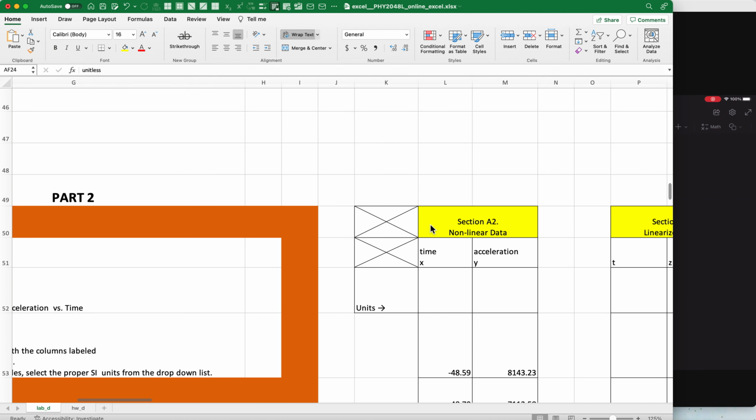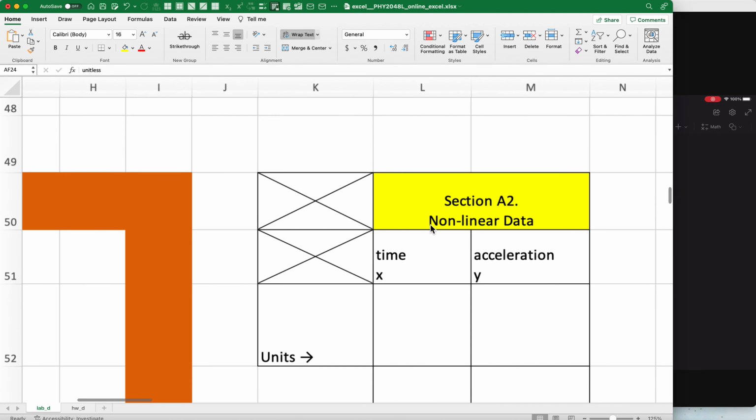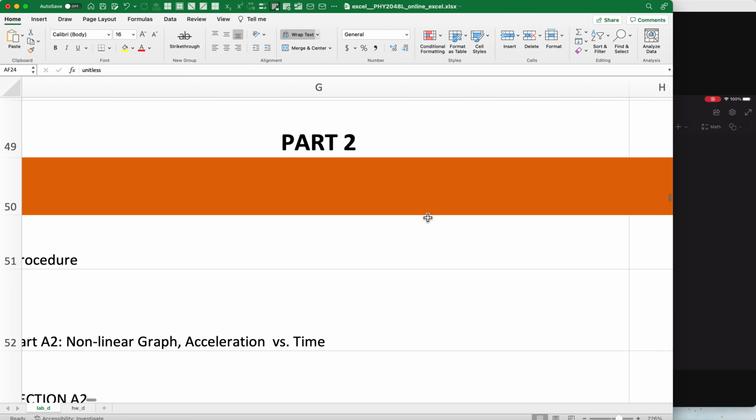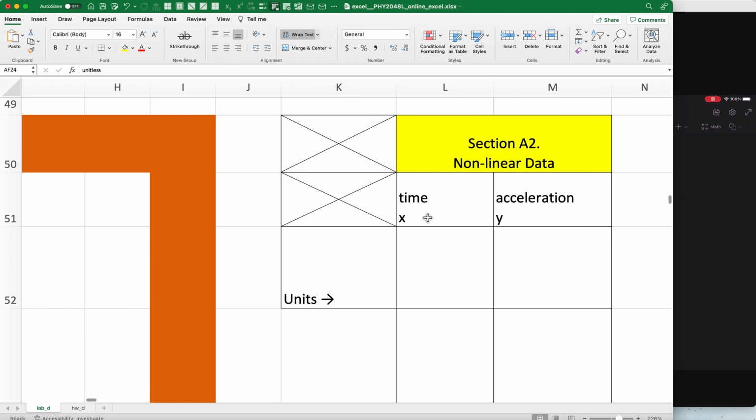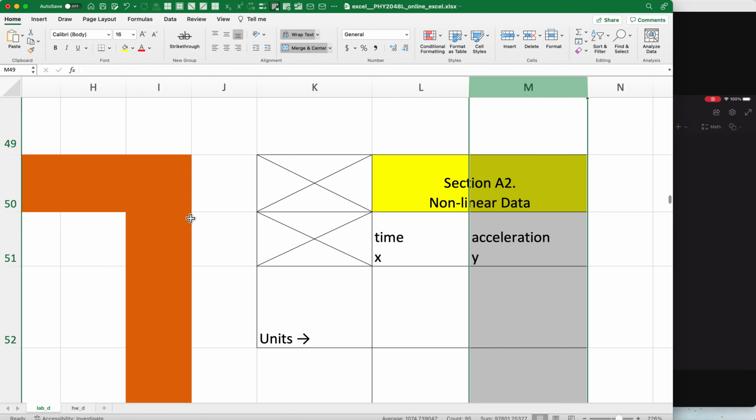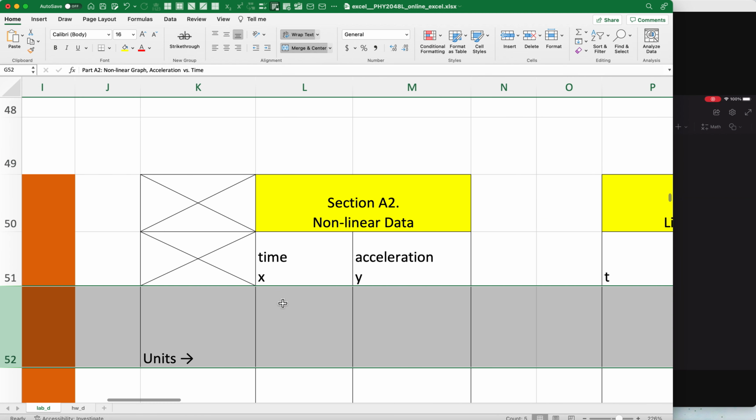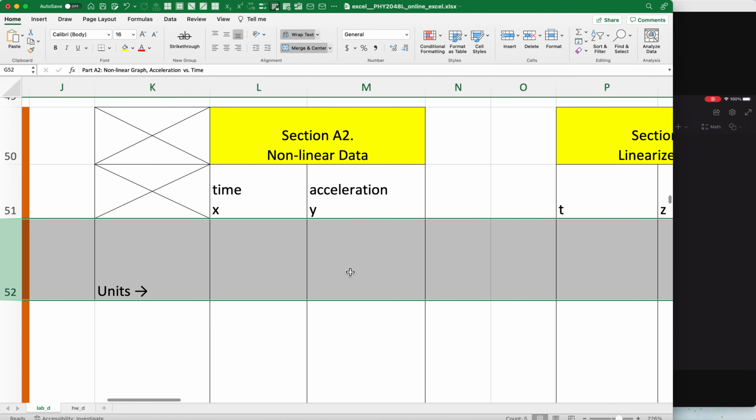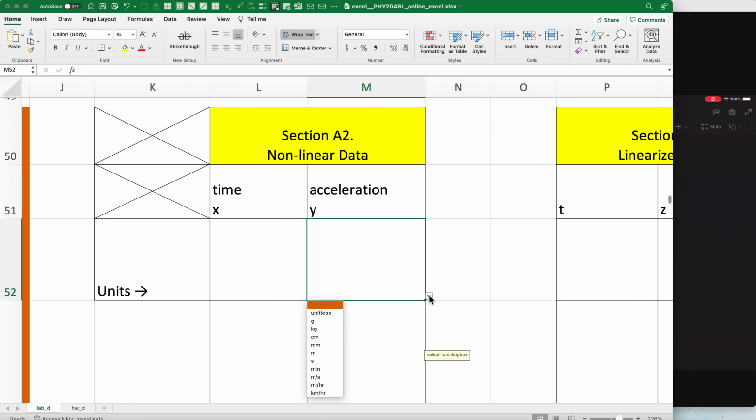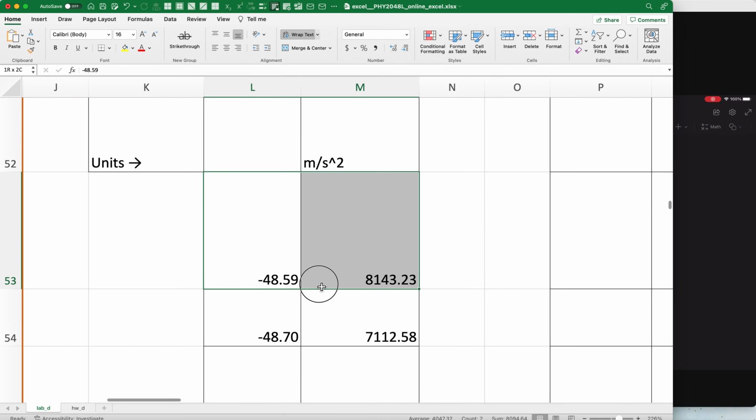So first, go to column M, row 52. So in cell M52, for acceleration, you're going to select the units of meters per second squared. So make sure that you select that for the units for acceleration. And let's see what else here. You can do like before, select the units for time, and you have the data that you'll convert into